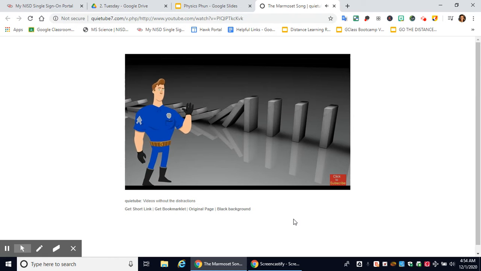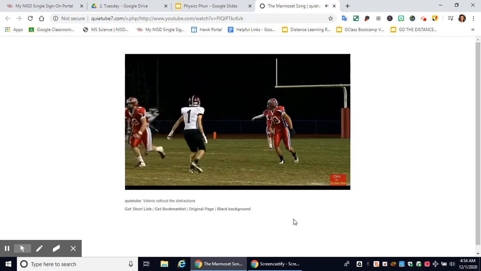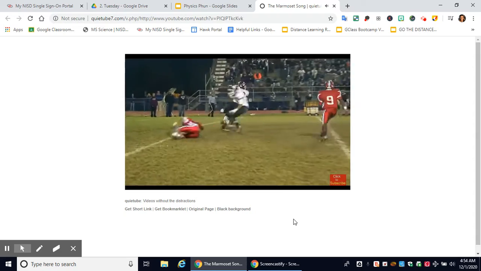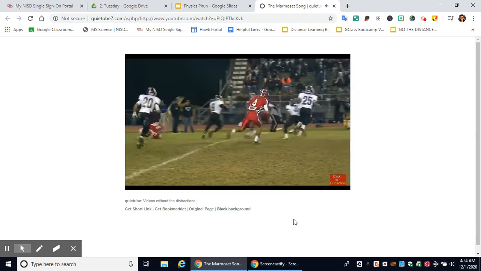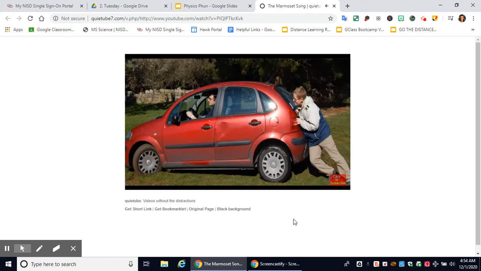Also, this player punts the ball. Due to inertia, what does the ball want to keep doing? Stay in motion. But why doesn't it? Because outside forces like air friction and gravity act on it. Why is this car hard to push? That is because it wants to stay at rest and it has a larger mass than the man trying to